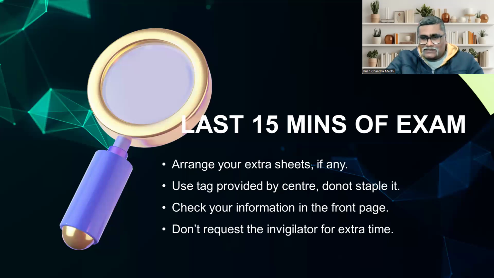Arrange the extra seats. This is the first point. You check the timing, or as I told you already, at 12:20 and 1:20, a warning bell will be there immediately. That time also you can take a decision. You arrange your extra seats if you have already taken. If not, sometimes for some subjects, for class 10 social science, you have a graph paper to be attached. So if such things are there, you have to keep it. You have to do it before the invigilator reminds you, before 1:30. Please make it a point.